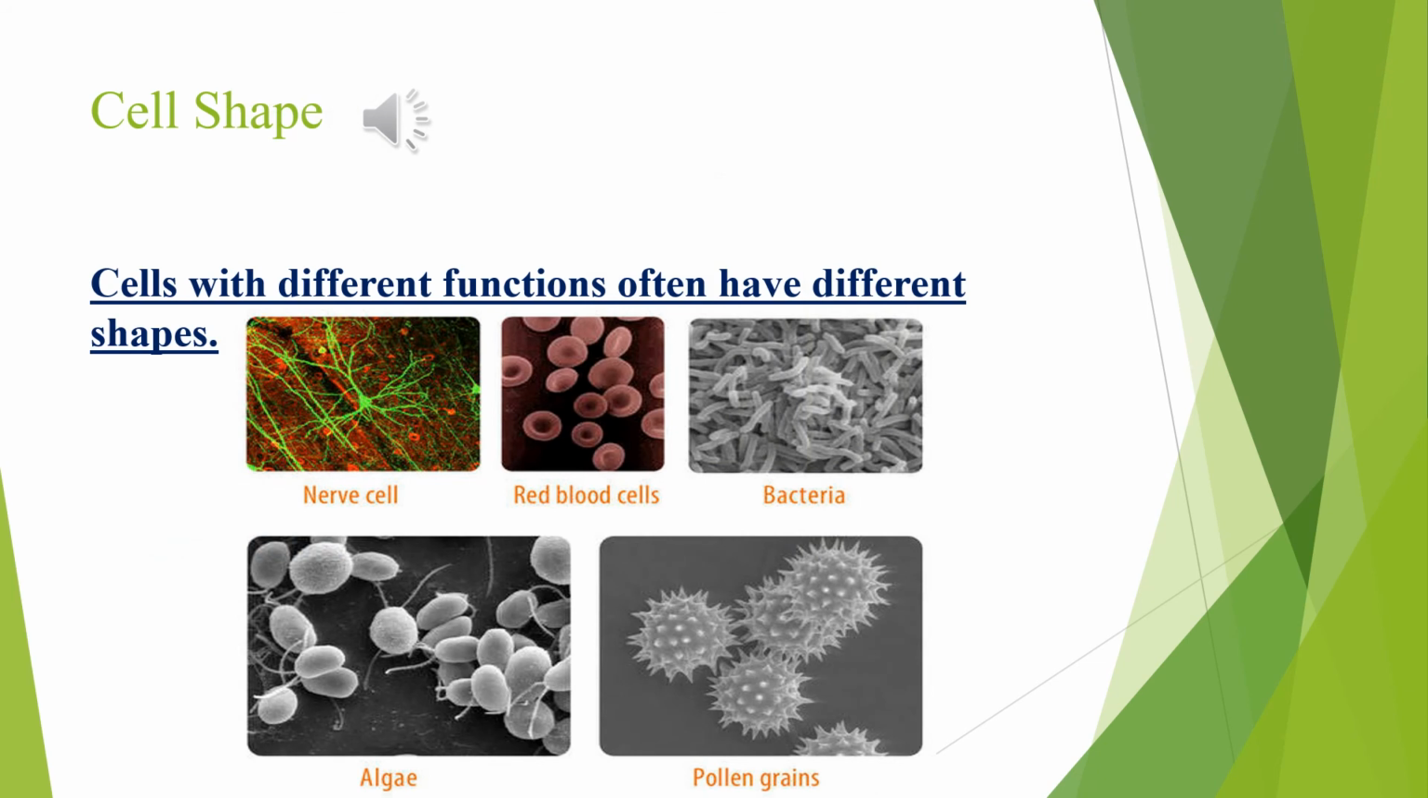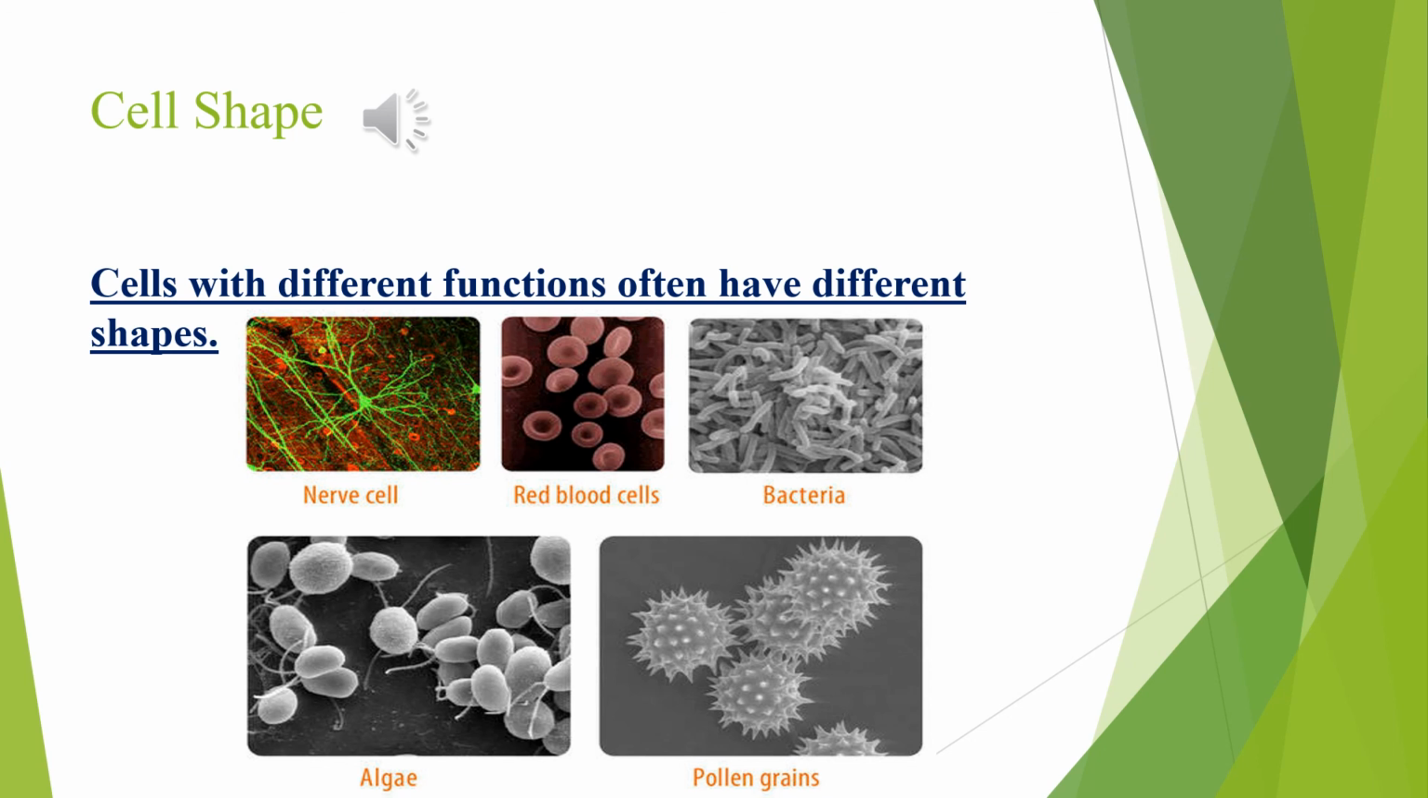Cells with different functions often have different shapes. In this image are a few examples of the many different shapes that cells may have. Each type of cell in the figure has a shape that helps it do its job. For example, the job of the nerve cell is to carry messages to other cells. The nerve cell has many long extensions that reach out in all directions, allowing it to pass messages to many